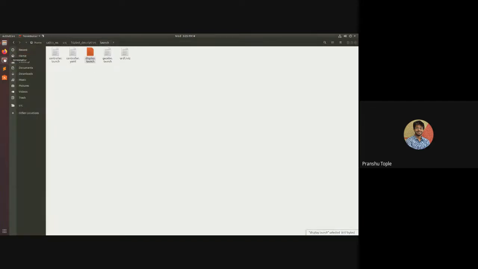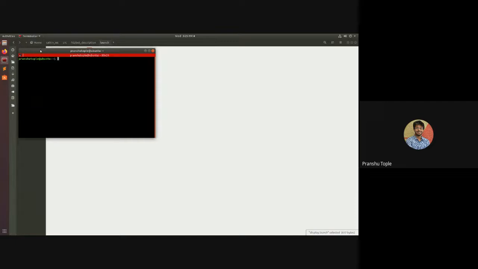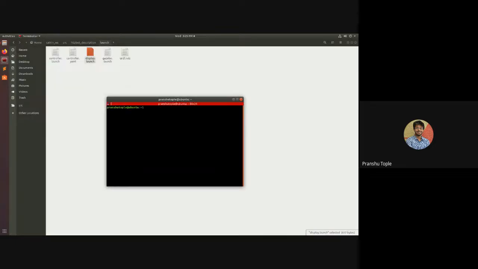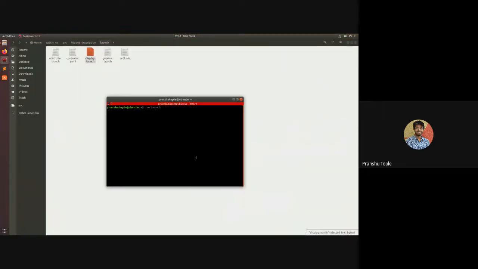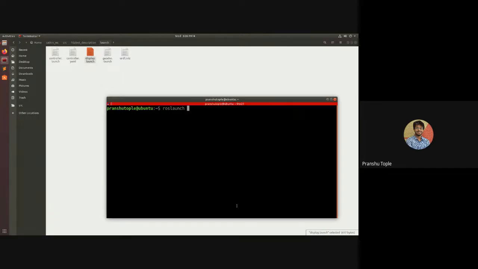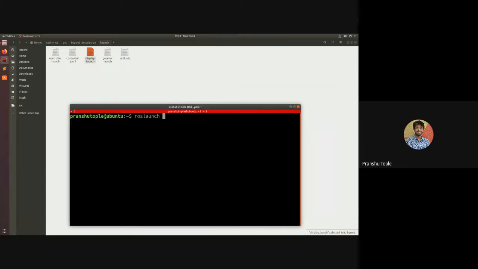So I will open a terminal. I will type roslaunch because we are launching a launch file. I will increase the size as well. Is the font size visible now? Okay.